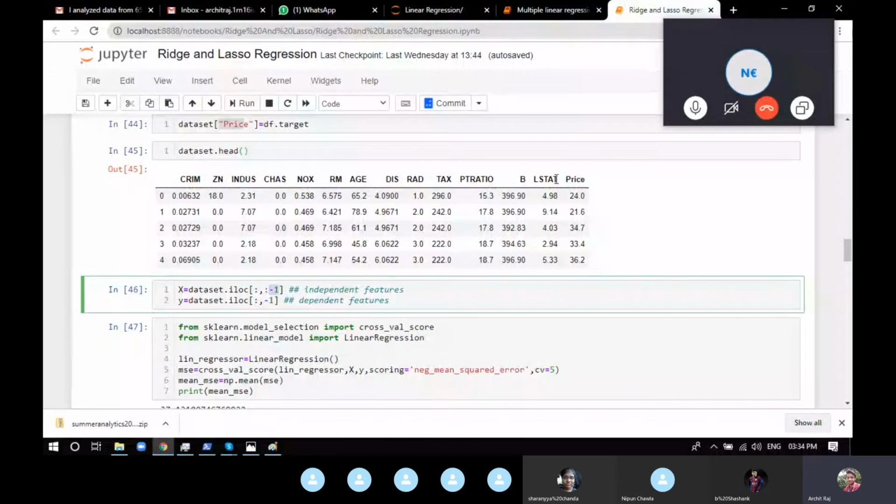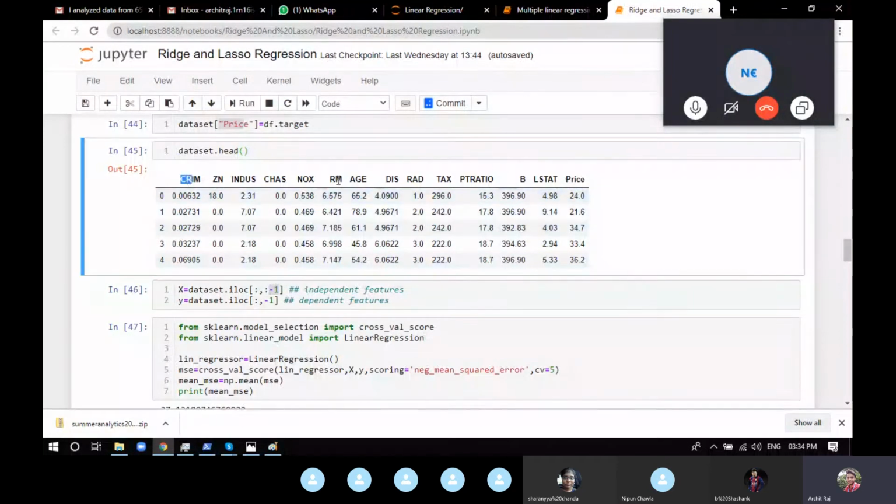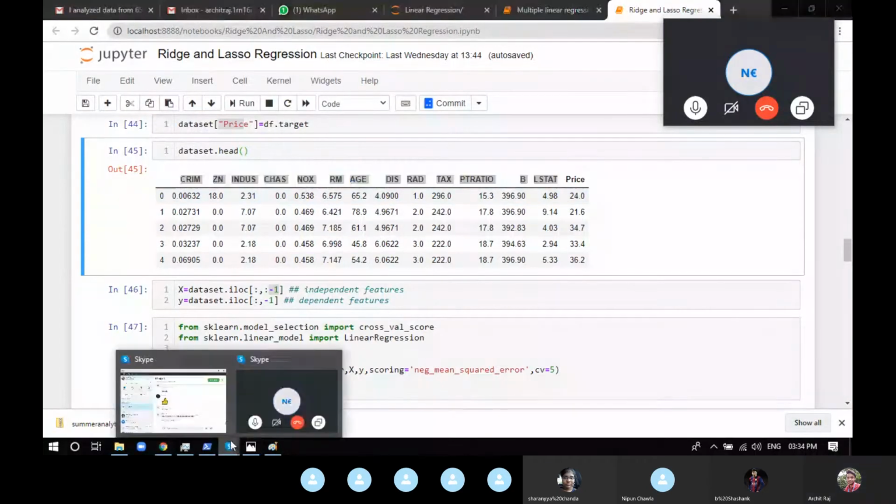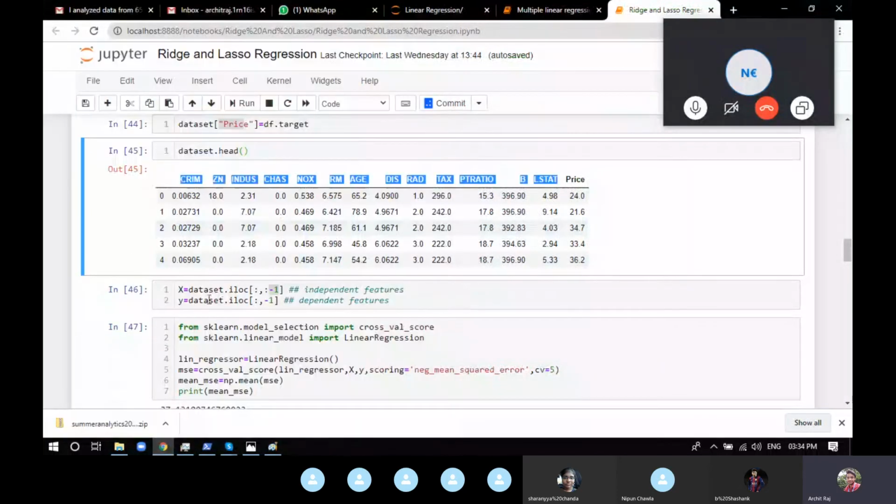And I've told you so many times that it includes the starting point, but it excludes the ending point. So it's going to take the starting point, which is CRIM, but it'll exclude the ending point, which is the price. So it will take the data only till here, because it's going to exclude the ending point.